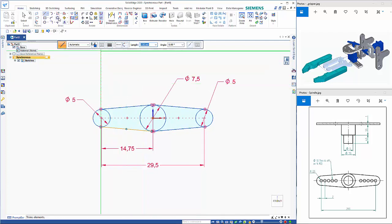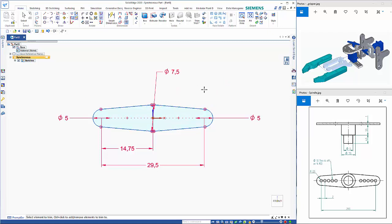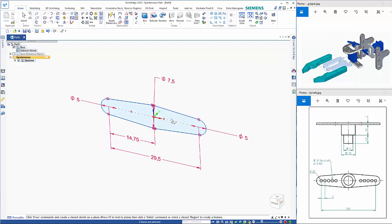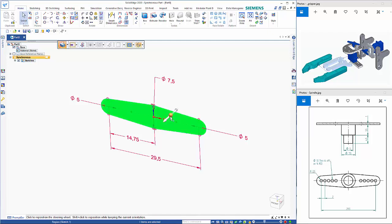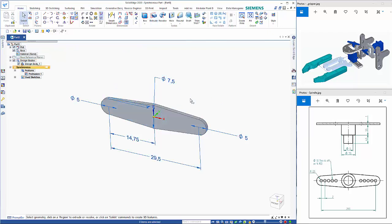So then if I use my trim command, I can then just clear these 3 pieces away, unlock the plane, and then we can click within here and just give a depth of 1 mm. I'm just going to take that backwards. I'm not worried too much about having it